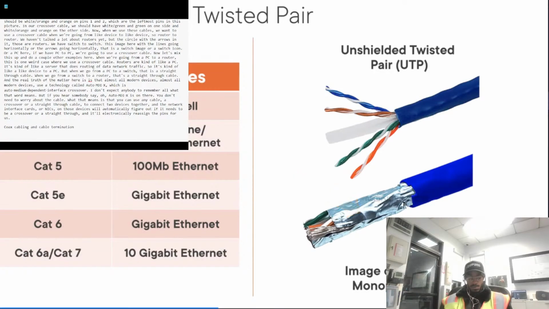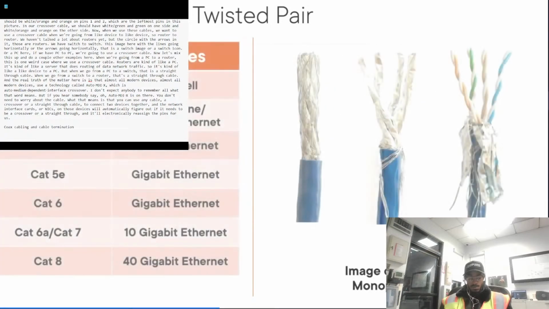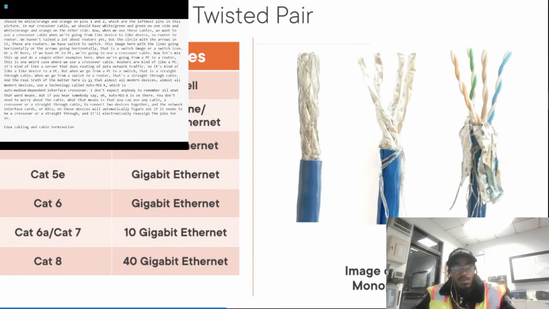Which brings me to Category 8 cabling, which I didn't put on my list here because Category 8 cabling is special. It has other restrictions on it that the other cables don't have. It can't necessarily go the same distance, and it has